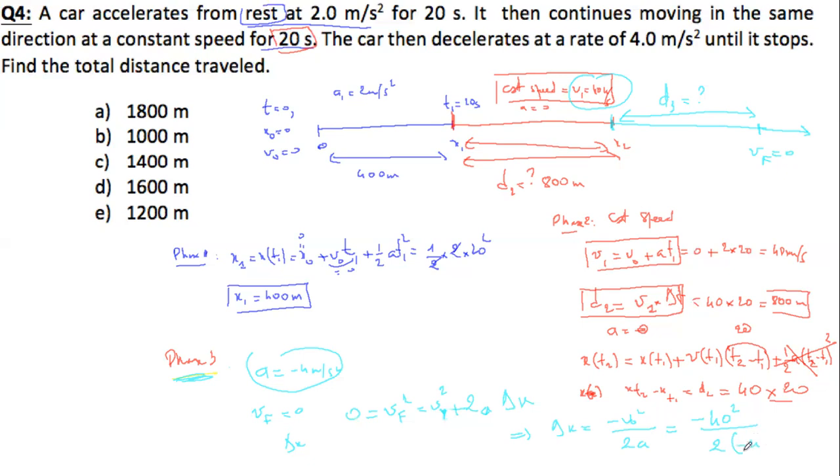Minus 4. Okay, minus minus goes away, so you have 40 squared divided by 8. And that gives you a distance of how many? So D3, which is the distance for the third phase, is equal to what? If you do the calculation properly, you find 200 meters. So this is 200 meters. So the total distance is 400 plus 800 plus 200, and of course that gives you